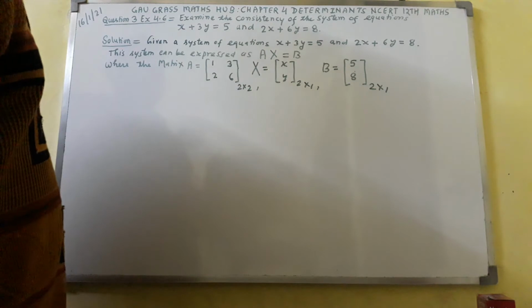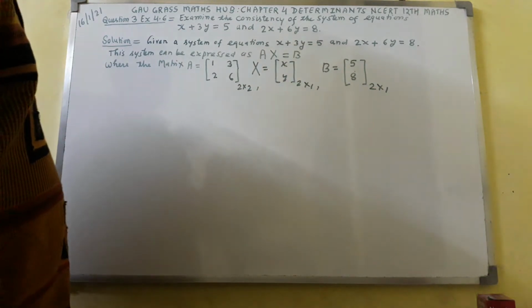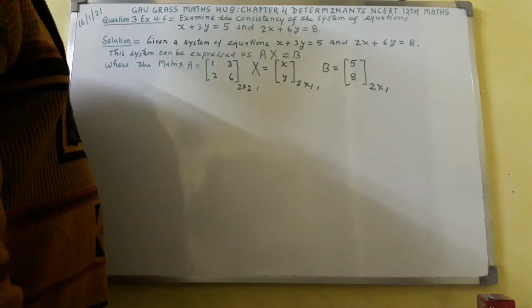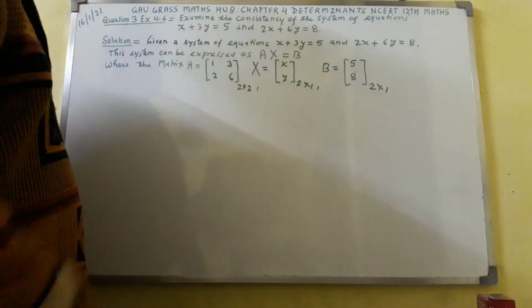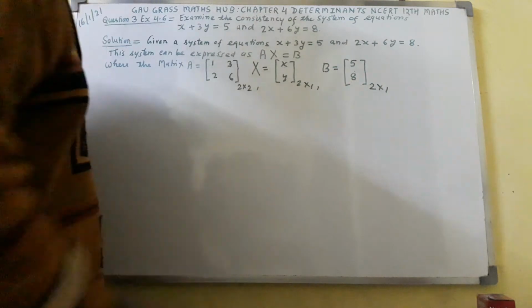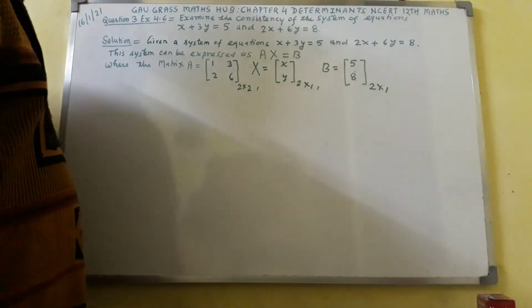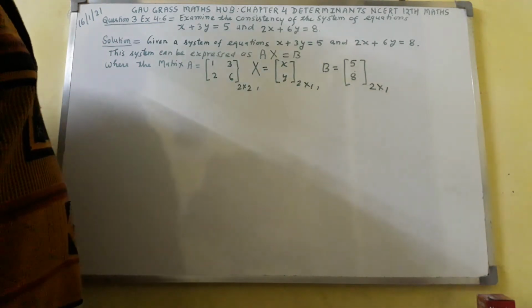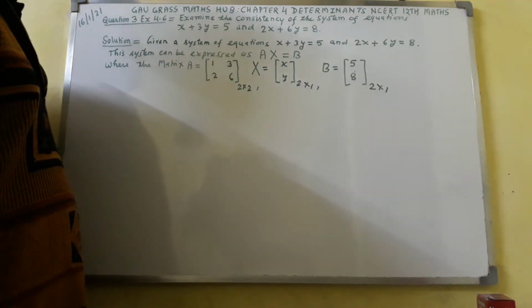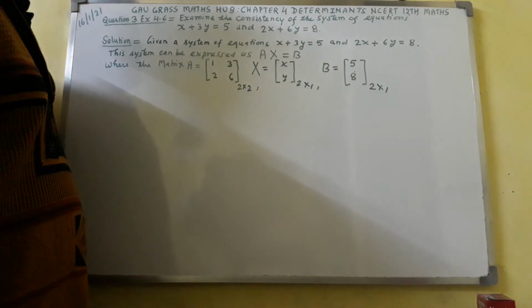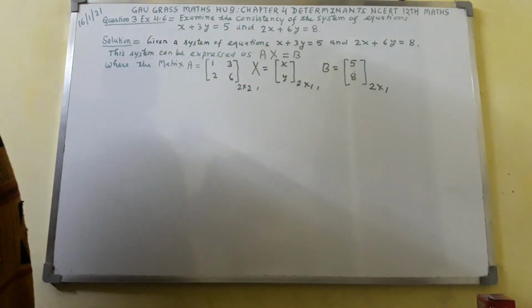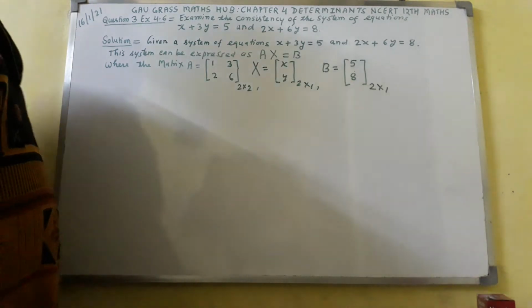Now, this is a proper explanation. In the form of matrices, I have got from the two linear equations, first linear equation and second linear equation. Now what will we do next? Next is to examine the consistency of the system of equations. For this, in order to examine the consistency of these both linear equations,